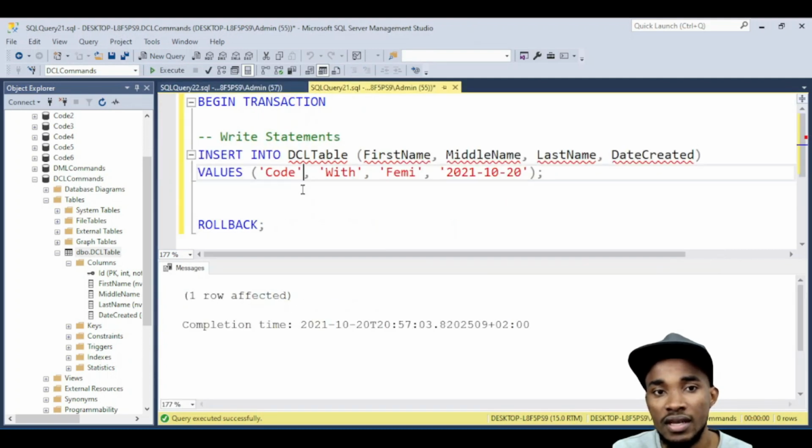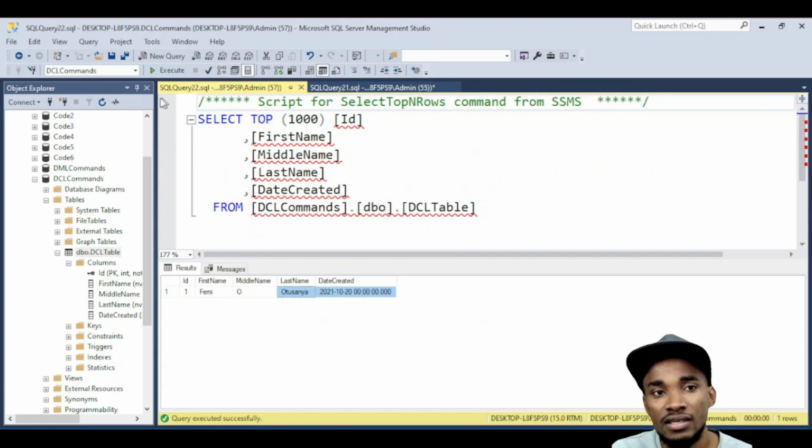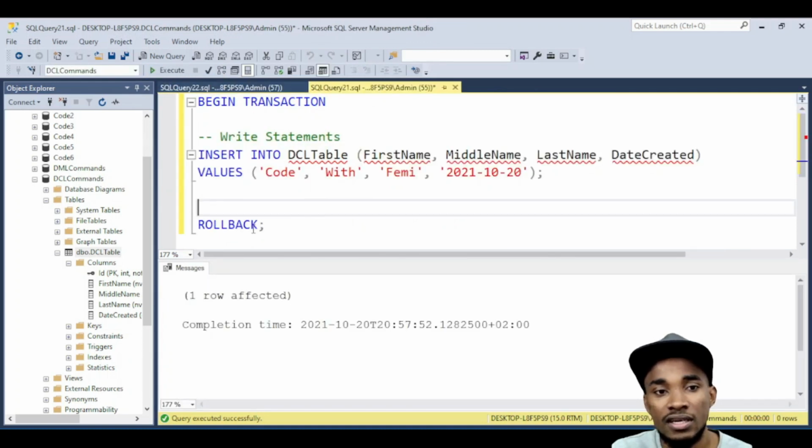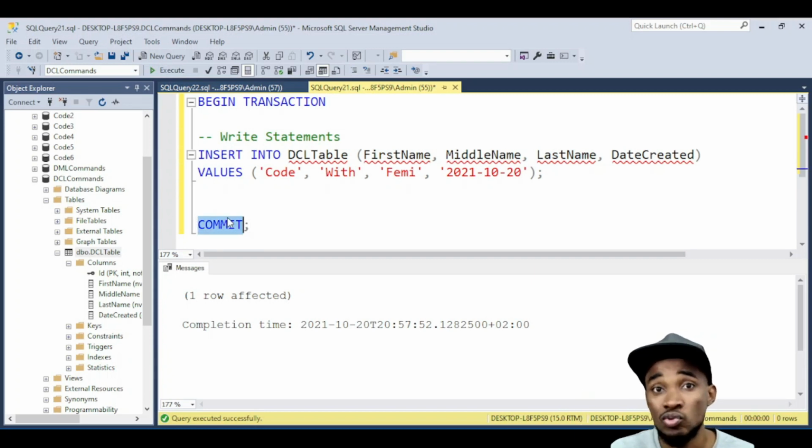Now I want to insert the next record, which is code with Femi, but this will not make it into the database because of this keyword. When I run this, it's going to tell me one row is affected, but if you go back here, you won't find it. The reason being, the commit is what persists it into the database. That keyword commit actually persists it into the database. And then this rollback